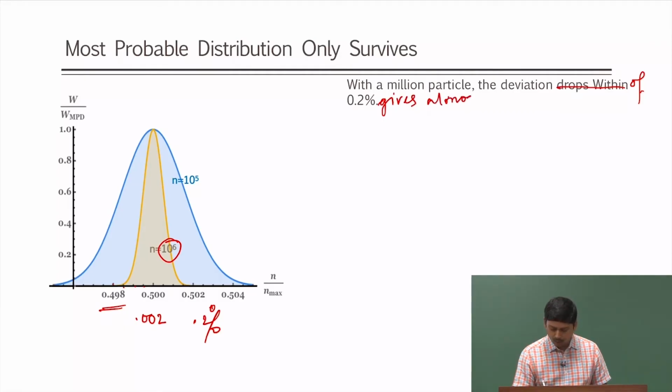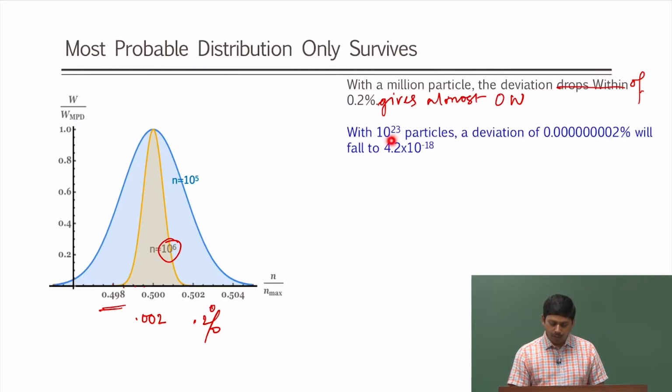However, with 10 to the power 23 particles, a deviation of